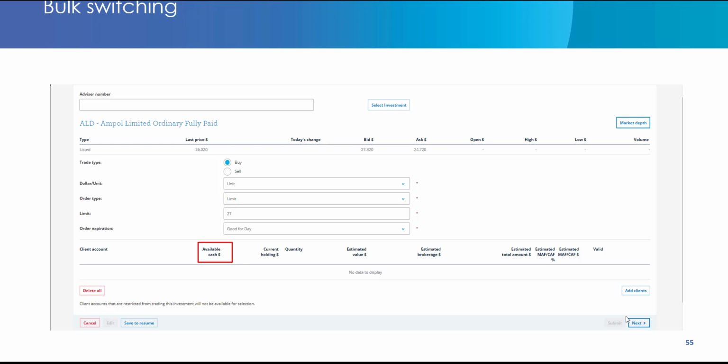So once you've pulled that client down to this area here, you'll see that there is available cash for that client. So you can see their available cash, you can see their current holdings, the quantity, estimated value, estimated brokerage of it as well. Then we're looking at estimated total amount in a dollar amount. And if there are fees that are associated that you have entered for advice fees associated with this particular trade. Then all that's left is select next to go to the pre-submit documentation screen, and you would then submit that